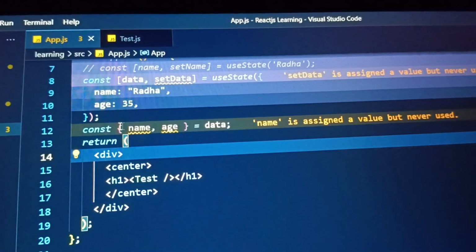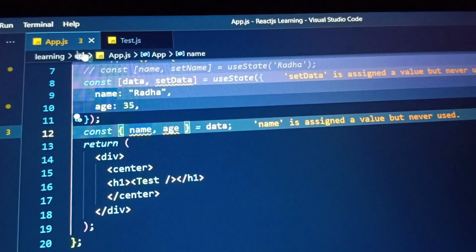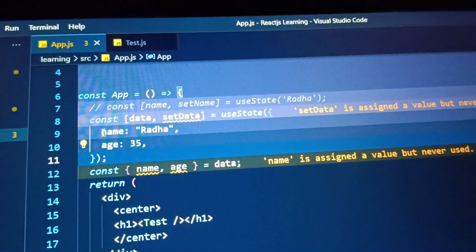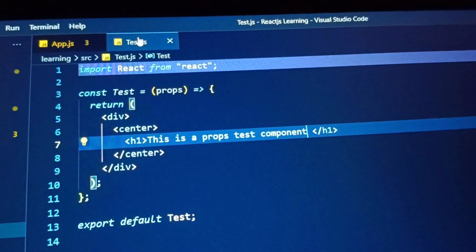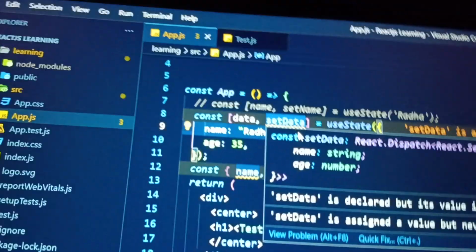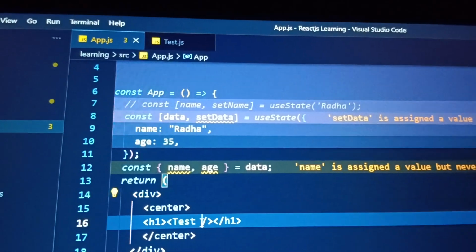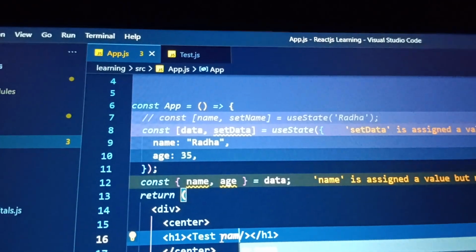So we have to pass these values from the state. This is the state, right? We are using useState with the properties name and age, and passing them to the test.js from one component to another. The props concept is that we have to pass the data from one component to another. So how do we pass? Here we declare name equal to,